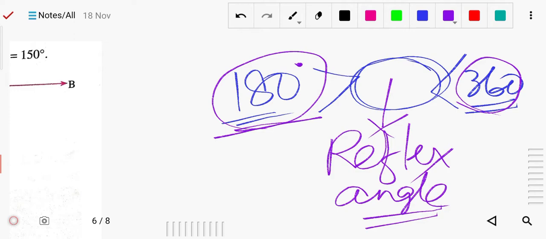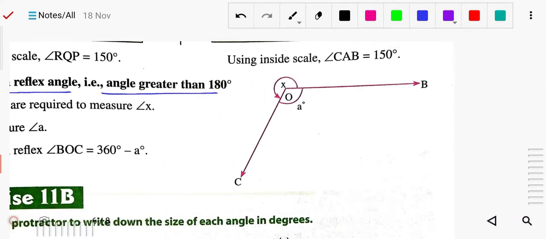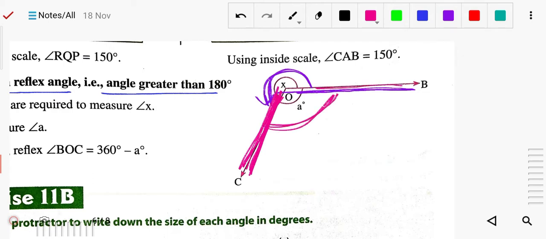For that, don't worry. First of all, you have to measure as you are measuring. Suppose here this angle we have to measure. This is more than 180. So first you put your protractor over here. You can take either this side, your base part, which is called the zero line of the inner scale. Then according to the inner or outer scale, you measure this angle. Suppose you found it is a 70-degree angle.